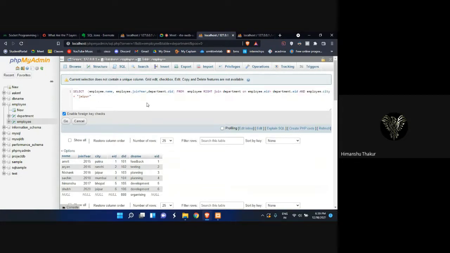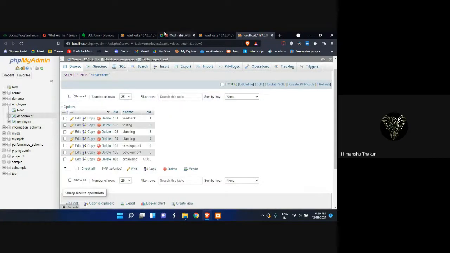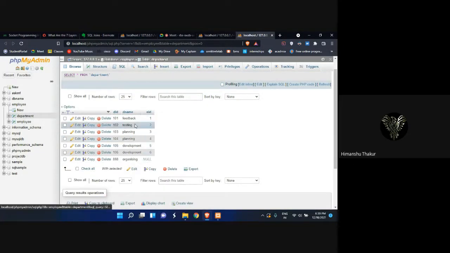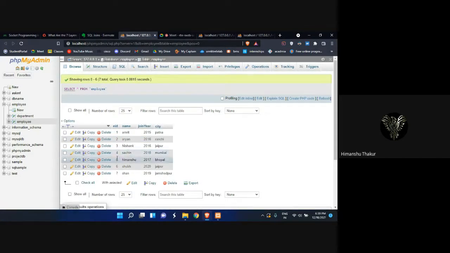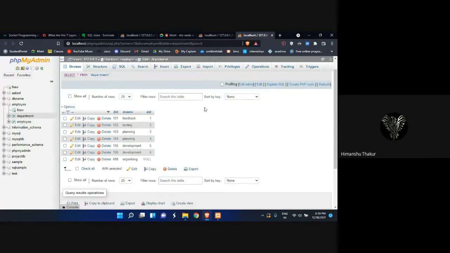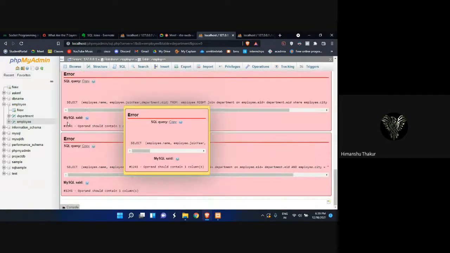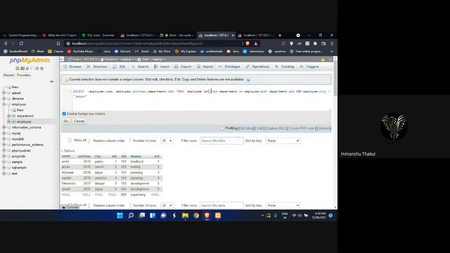Wait, let us see the table if it is there properly or not. Nishant is there and it is there in here. ID is 3 and 3 also here. It should make a difference, but I think it doesn't make a difference.